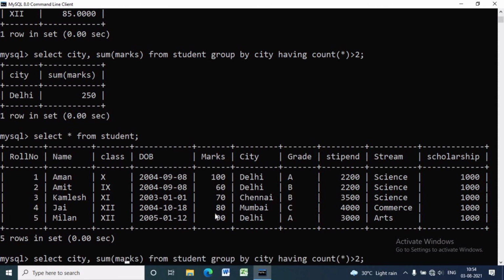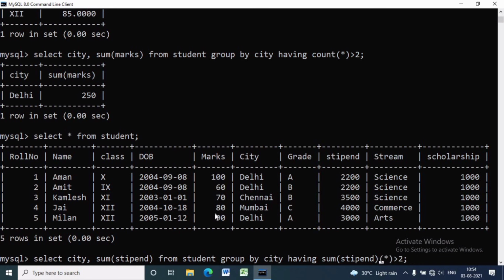We can also calculate the sum of stipend money of each city by using the GROUP BY clause, and to filter it, if we want to get the sum of stipend money whose sum is more than 5,000.